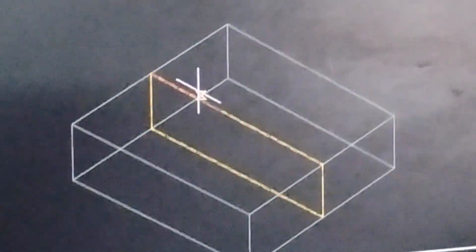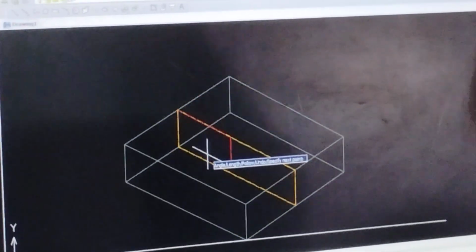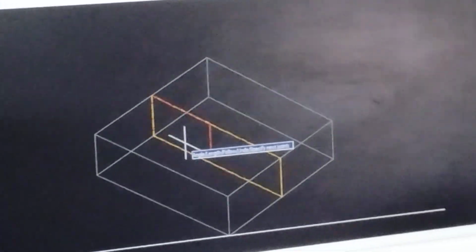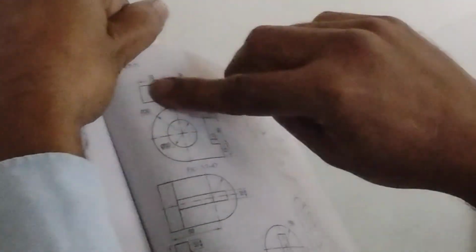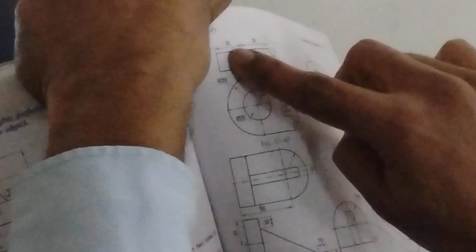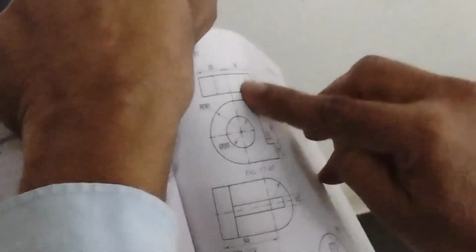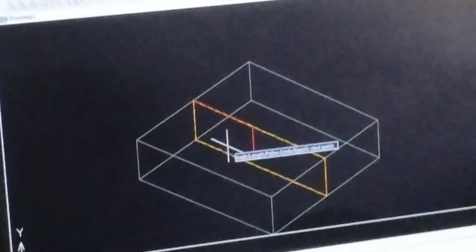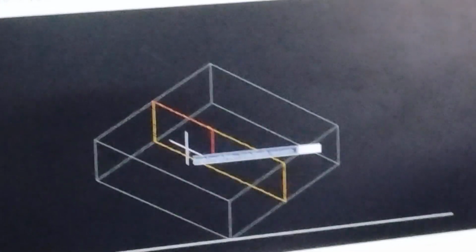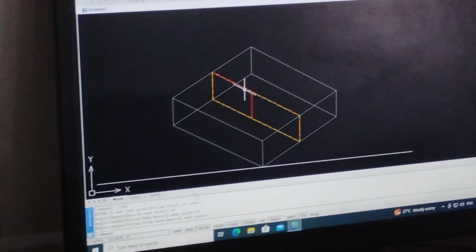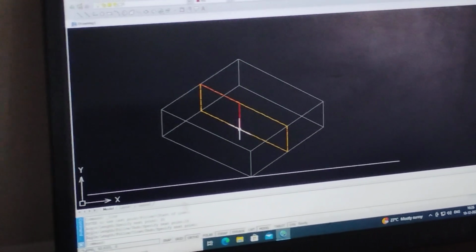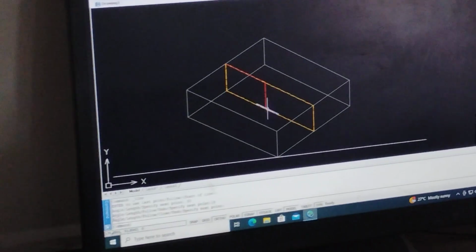End. Got it? Again, how much is the vertical? This circle is through and through. Okay? Here you can see a dash, right? So when you are looking from the front direction, this inner circle is not visible. So it is shown as dashed line. But it is through and through. Yeah, 18. So this vertical distance of the center line is 18. Enter. Got it? Yes. We have marked the center. From this end also we have marked the center, and even from top to bottom we have marked the center.